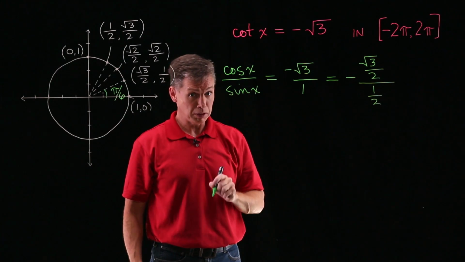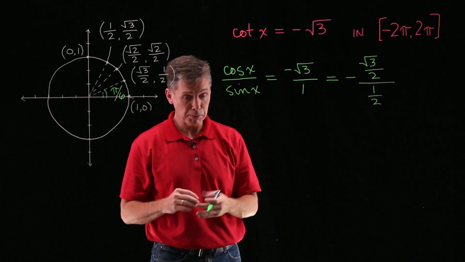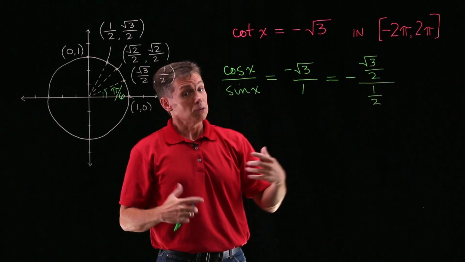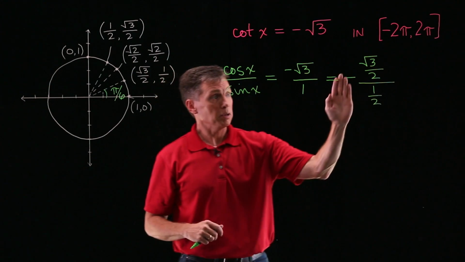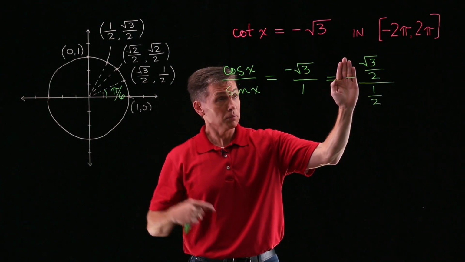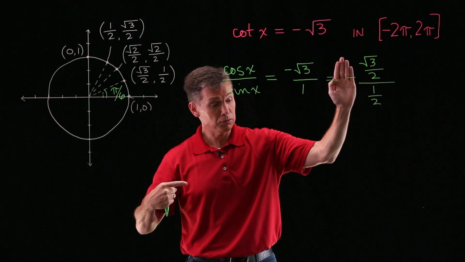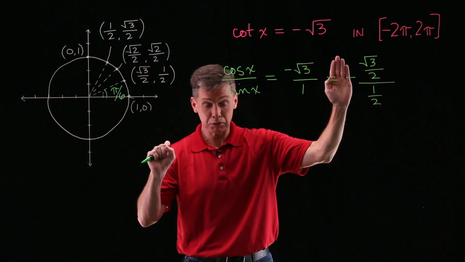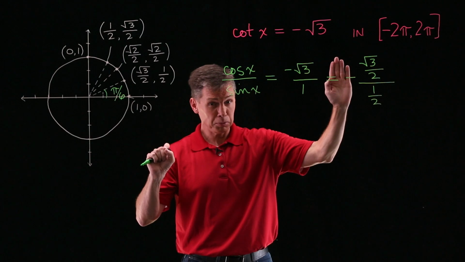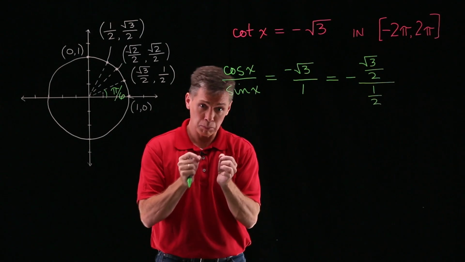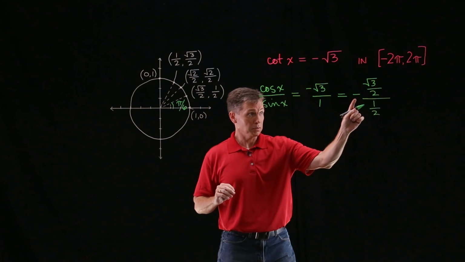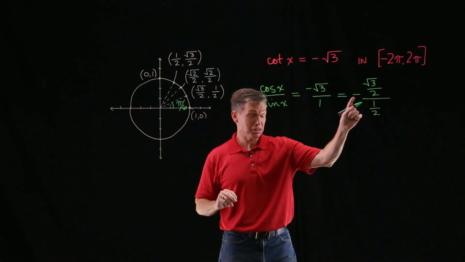All right, one more thing to address here, though, before I try to package up my answers, is that there is this minus sign. Okay? So I'm feeling really good about the fact that my fraction overall, where cosine's up in the numerator and sine's down in the denominator, is pointing me to the reference angle of pi over 6, but I need to be more specific in terms of which quadrant I'm in. And what quadrant I'm in is going to be dictated to me by this sign, S-I-G-N,